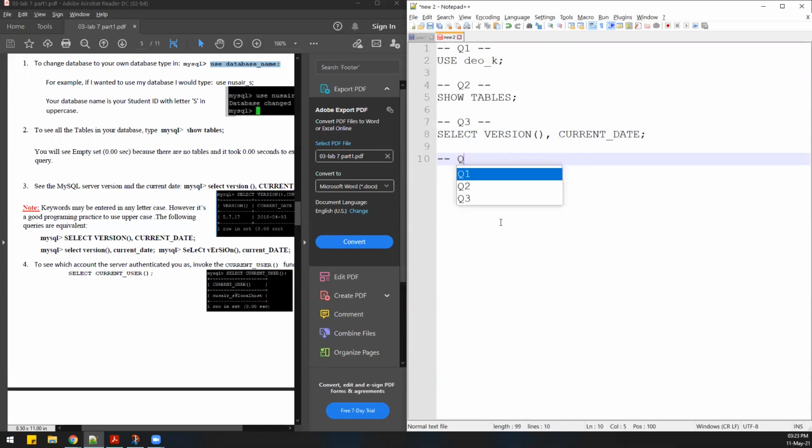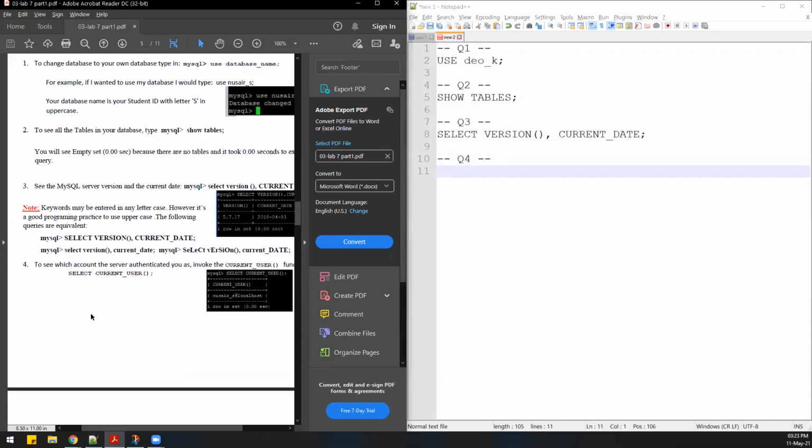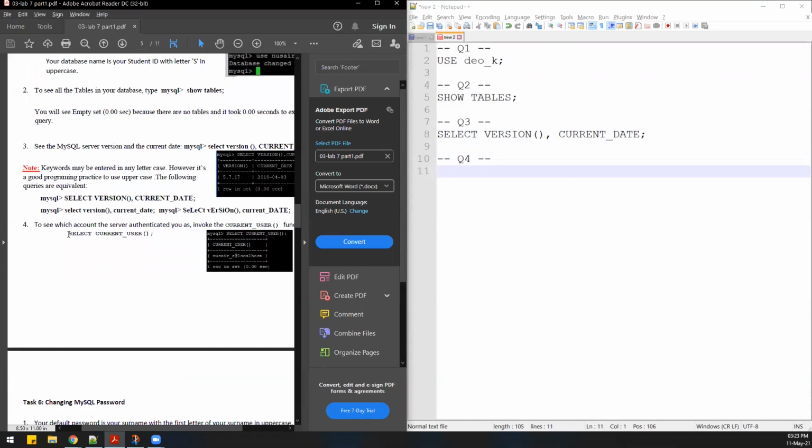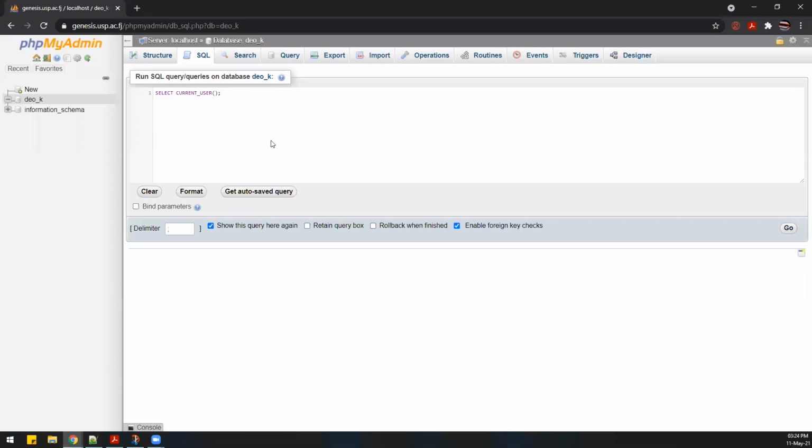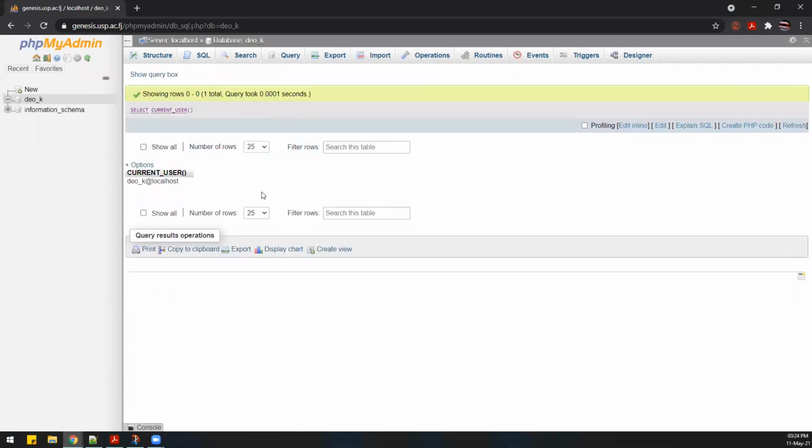Then query 4. Query 4 is to get the current user. Select user. So if I want to know which user is using the database, then you will enter that. Select user. Alright, so in my case, it gives my username and then add the server name. So in your case, you will get your student ID at localhost.